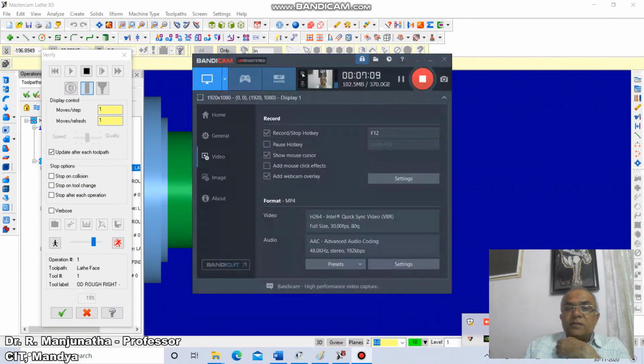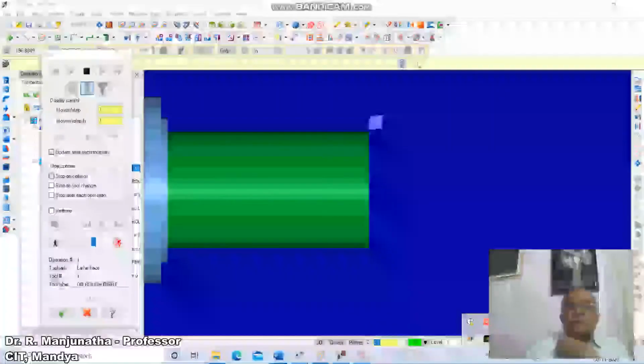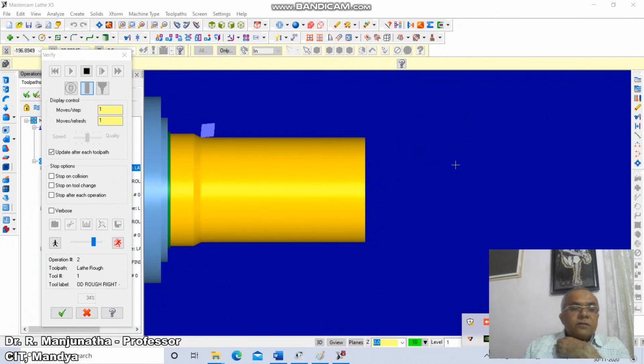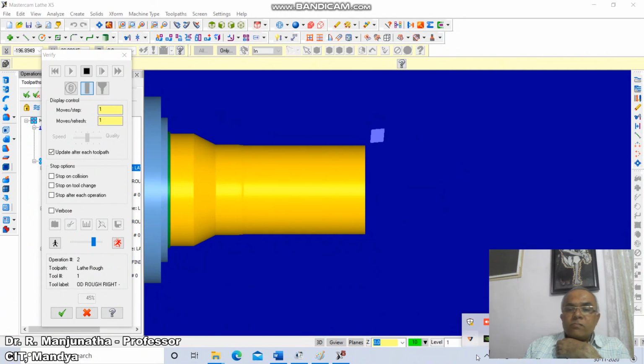Once you get this, it will start doing the roughing operation with the profile you need to get. So this is the contour it is trying to make.